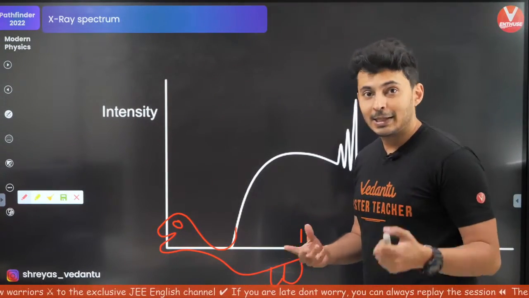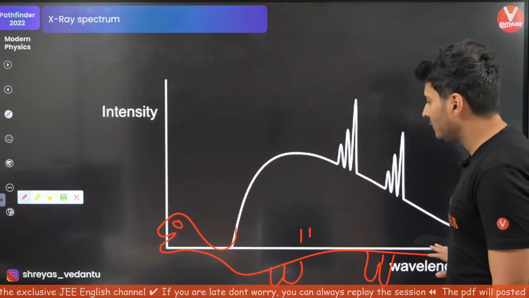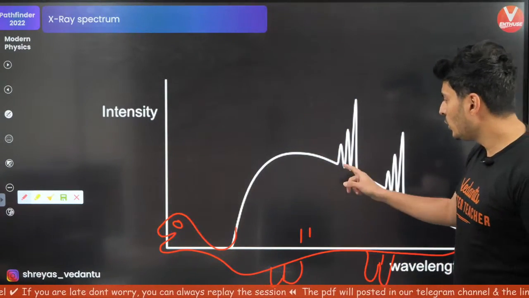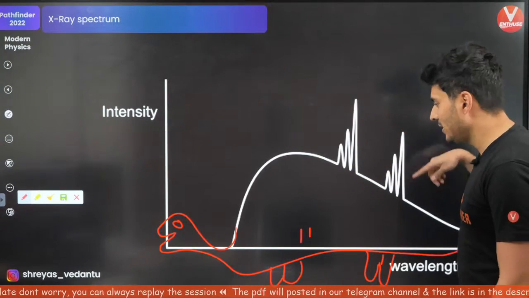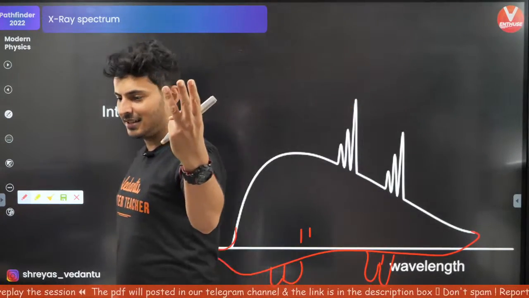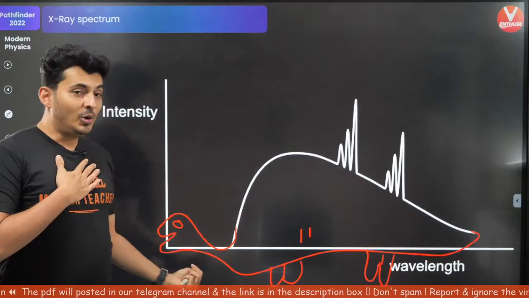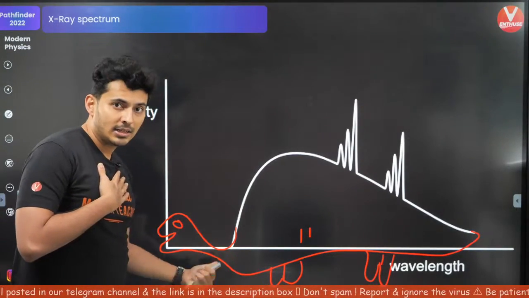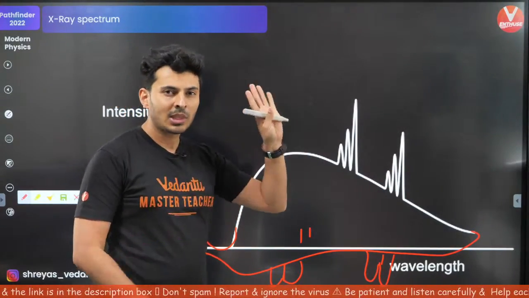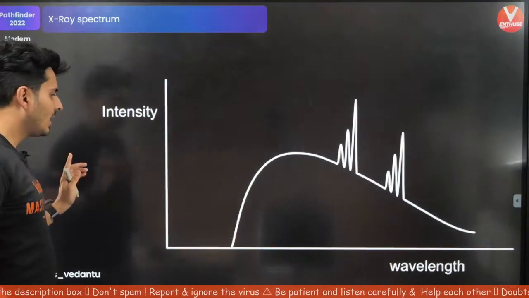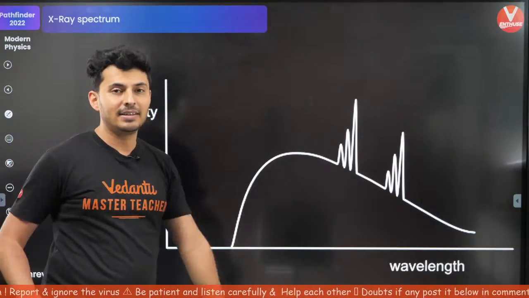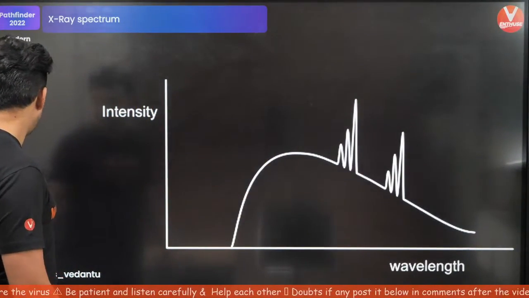Now I need to understand, number one, why is the graph ending over here? Number two, why does this graph extend till infinity? Third, why does this graph have thorns? So 3 questions I want to answer. The way to analyze the graph correctly would be to separate out 2 different things. Just imagine a dinosaur.